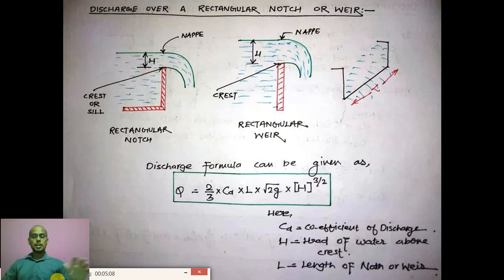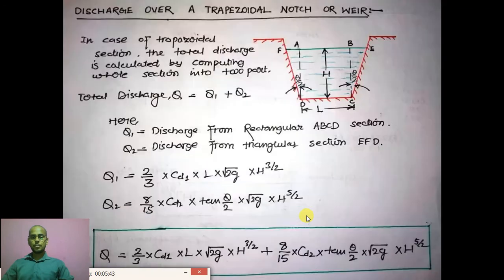And as we have studied a lot about the different types of discharge, this is not going to be that hard for us. We will understand each and everything step by step. So here you can write down the formula. In the exam, if you are asked to differentiate the discharge or to write down the different discharges for different sections, like rectangular section or triangular section, then you can write down the formula and draw this particular diagram. Okay, we are going ahead with the triangular section now.